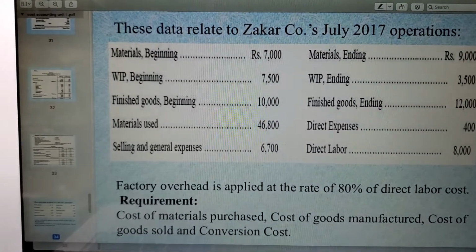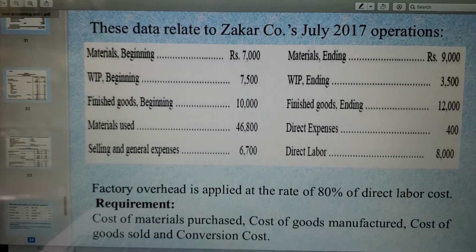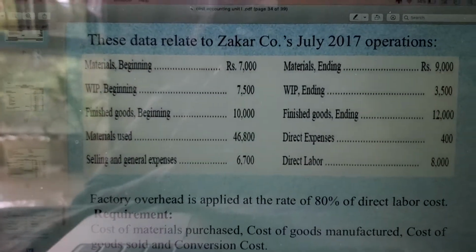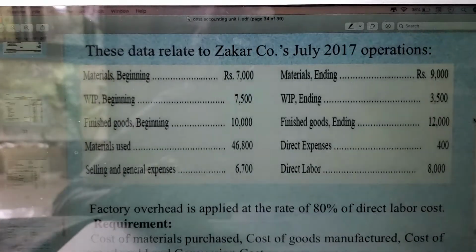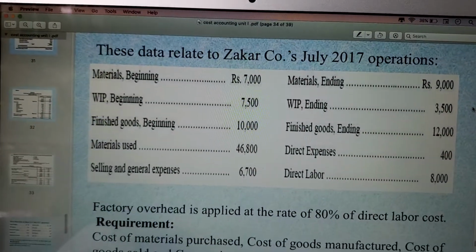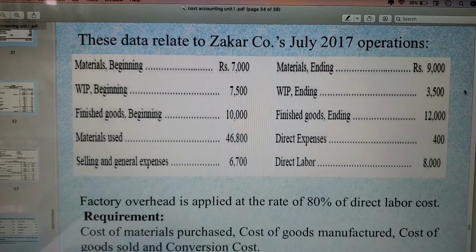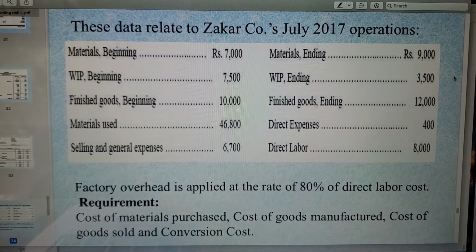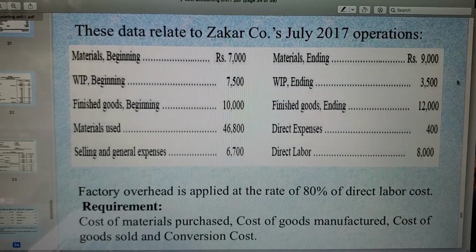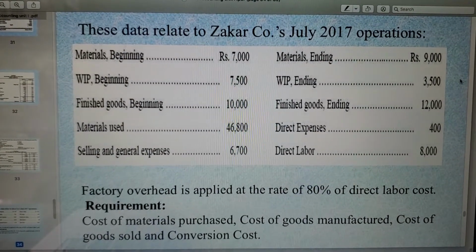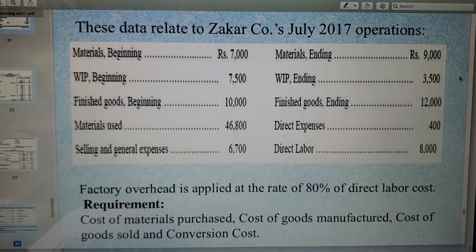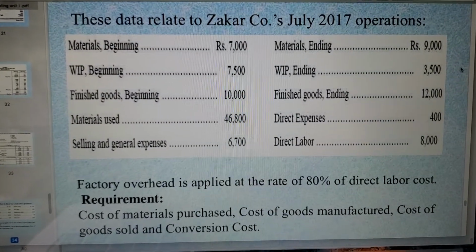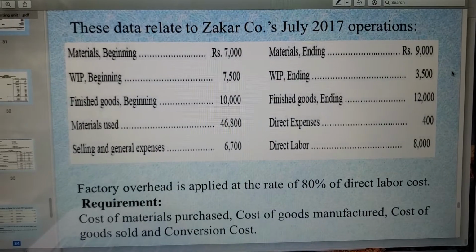Okay, so this is a continuation of Unit 1, Part 4 actually, and these are more examples of creating cost sheets with different companies, different products, and so on. So this one that I'm reading out now, this is